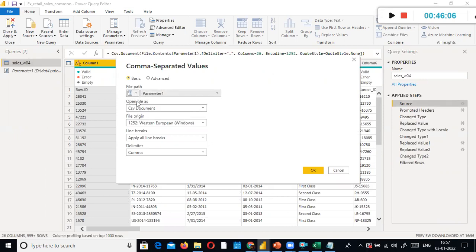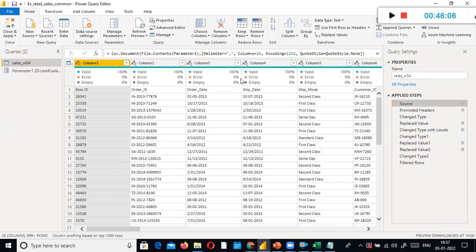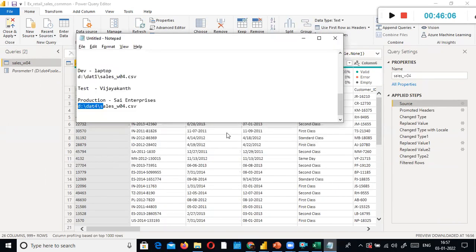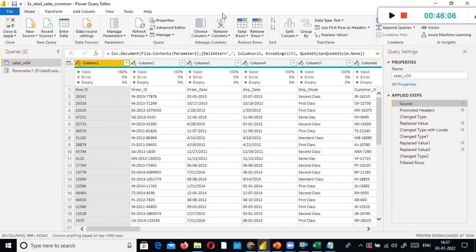So here he has to go and manually change the path. That is a painful thing, right? So instead, what we are doing, we are parameterizing it. This is called parameterization. Parameterizing the source settings. The support guy, you need not come here at all. Okay, you don't need to open the code.